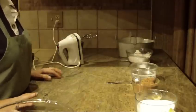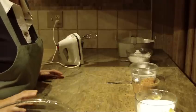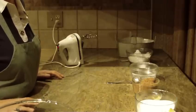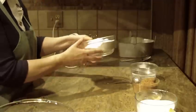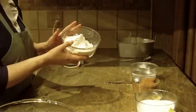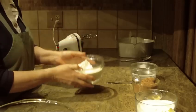We're going to make dark chocolate pound cake. If you like bittersweet dark chocolate, you're going to love this cake. So let's get started. First, what you're going to start off with is 2 cups of all-purpose flour, and you're